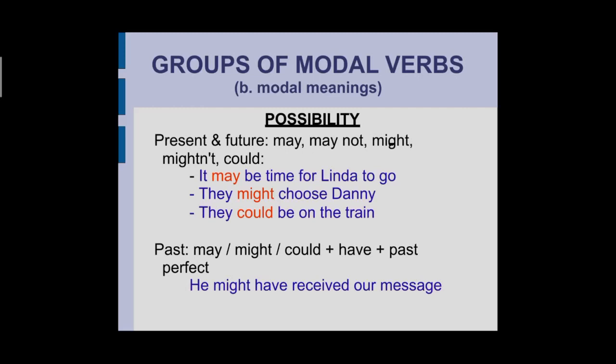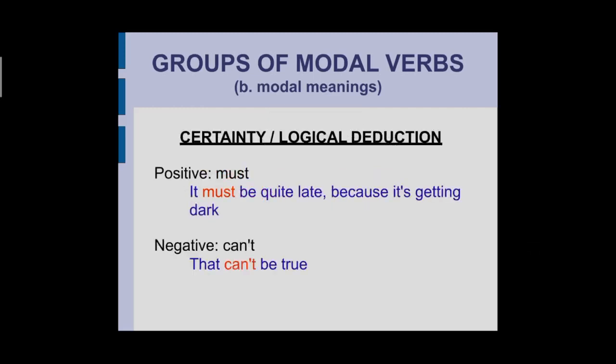व्हेन वी आर टॉकिंग अबाउट पास्ट, मे, माइट, कुड हैव प्लस पास्ट परफेक्ट. ही माइट हैव रिसीव्ड अ मैसेज. सो in this case what we have is might have. So might have is followed by a verb, that is received. And what is the subject over here? Subject here is our message. Let's move forward. Certainty or logical